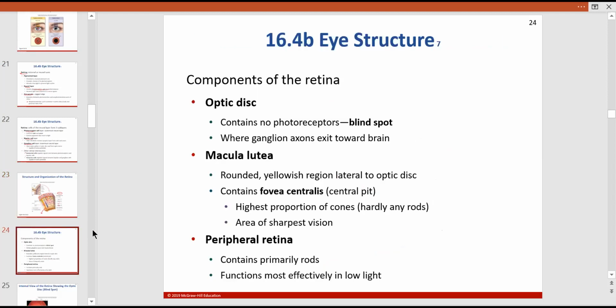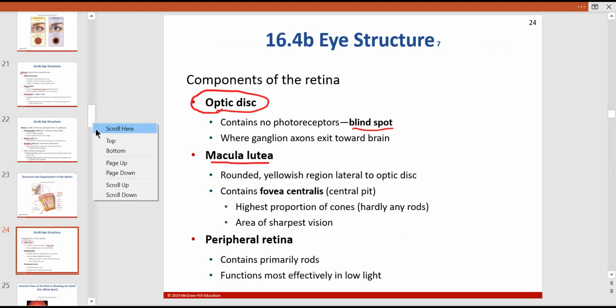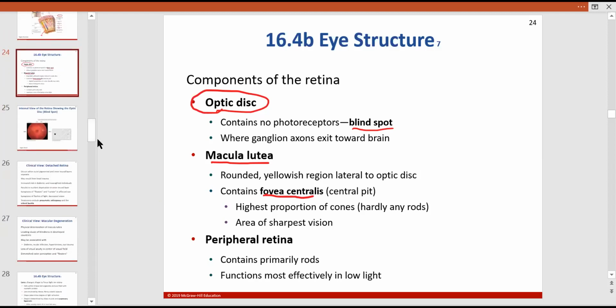This is important because at the back of the eye, you can see there's an optic disc. This is really where the optic nerve exits the eye, and that's your blind spot because there are no photoreceptors there. Macula lutea is an area of the retina that contains the fovea centralis. That means central pit. So the fovea centralis is really the important area where most of your rods and cones are, especially cones. Your cones are really about vision, differentiation, what you're seeing, the sharpest vision or acuity,